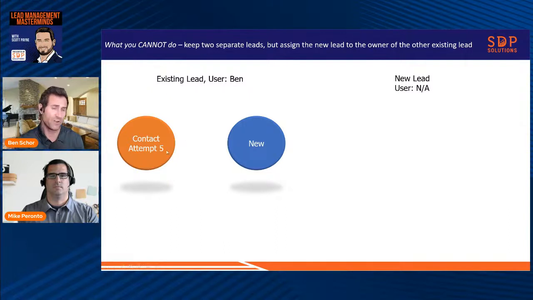So we say, look, I've got a funded loan. It's owned by Ben. We just got another inquiry. If it was Ben's customer, then we want to go ahead and route that new lead to Ben. From a business standpoint, it makes all the sense in the world. You should want to do it. Unless someone wants to teach me something new, there is no fairly elegant way to do this. So I'll just apologize to the group. Mike, any thoughts on this one?